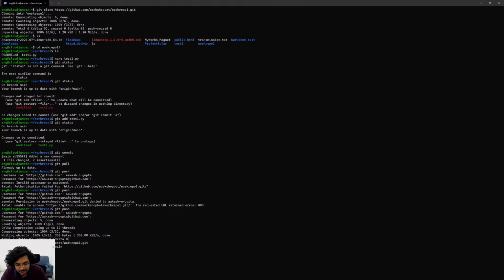What this means is there are other hidden objects also. If I do ls dash a, there's also this .git folder which keeps track of the changes which are being made. That data must also be stored somewhere, right? So that is stored in this .git folder. It's a hidden folder, so I had to use dash a to show all of the files, including hidden files. So all of the changes are kept and managed inside this folder. Now I've updated the repository.